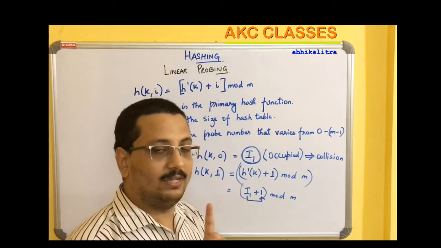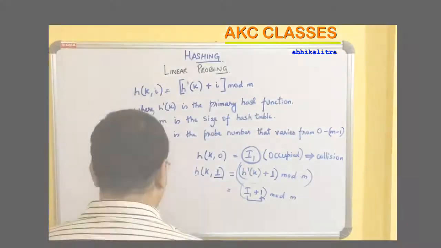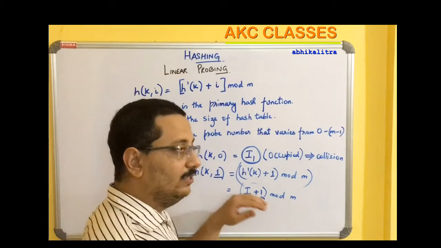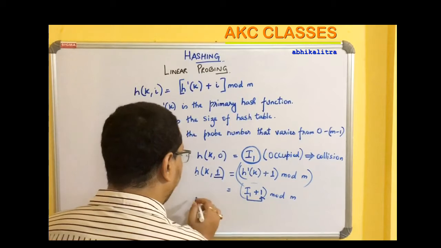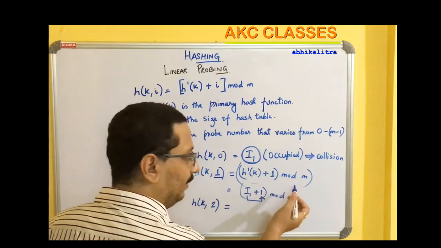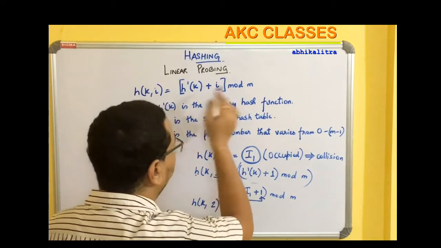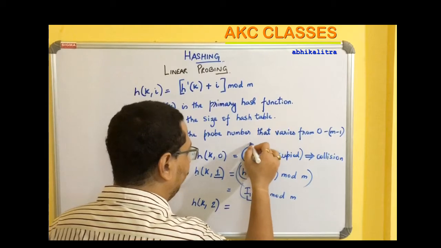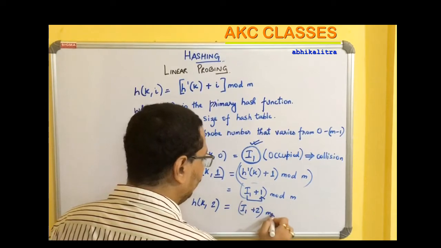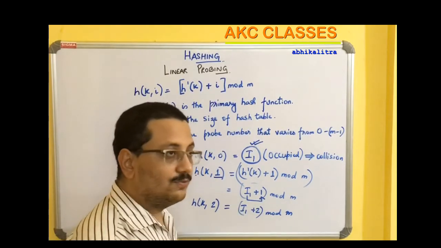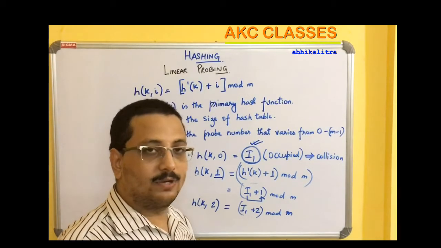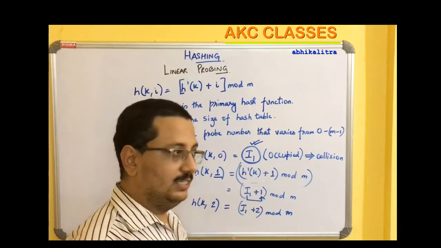This is one of the conditions where we are going to stop. There's another condition we are going to come to. After this hash function generates a new hash value, if this hash value is also occupied by some data value, then we'll move on to the next hash value. So again the formula is h prime of k plus i. h prime of k generated the index value I1, so it will be I1 plus 2 mod m. In this way, we are sequentially probing each and every location of the hash table to find the next free slot.